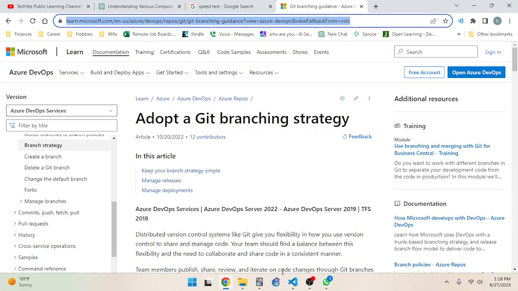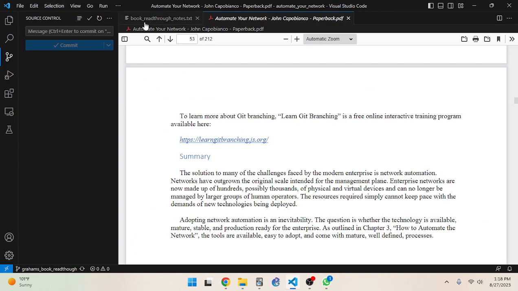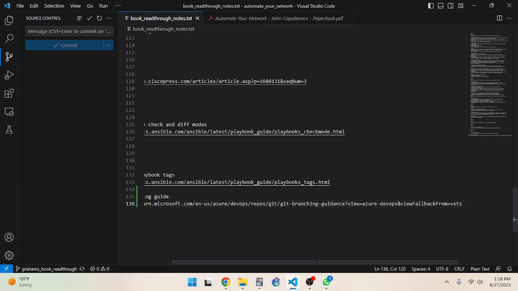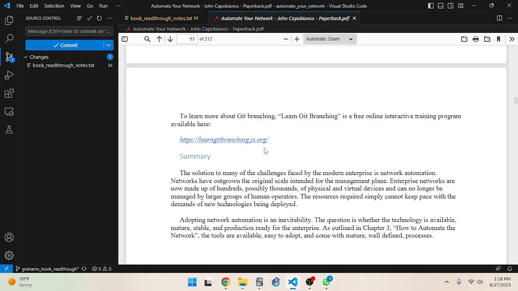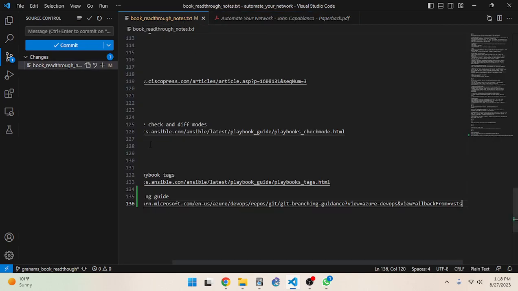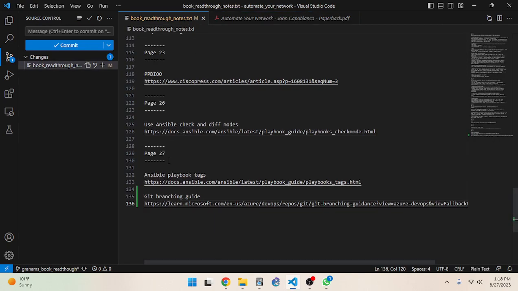This might be good just to have. So here's my read through notes. I'm going to say Git branching guide. All right, and then this was on page 40. I guess the page number doesn't matter that much, but whatever.